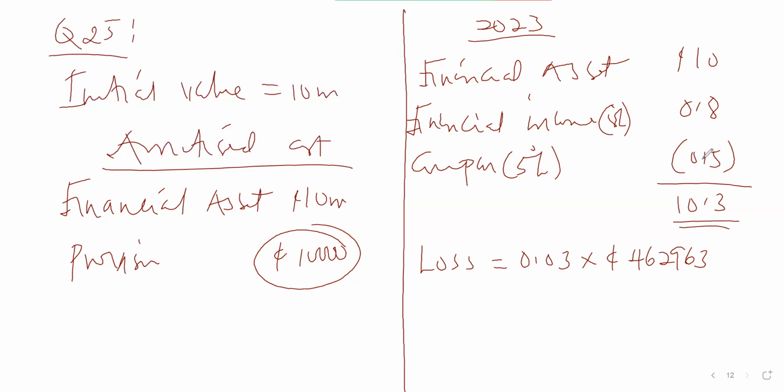On 31 December, it is also anticipated that no further coupon payment will be received during the year ended December 2025, and only a portion of the nominal value of the bond will be repaid. The present value of the bonds are said to be this and this. So we are estimating for this one also. We have estimated one for 2024, and we are estimating this for 2025, with 5% likelihood of default. So this is for only 2024. We do 2025 too. We add the two and now bring it to 2023. So we look at the loss for each of them. So this will be 0.05 times